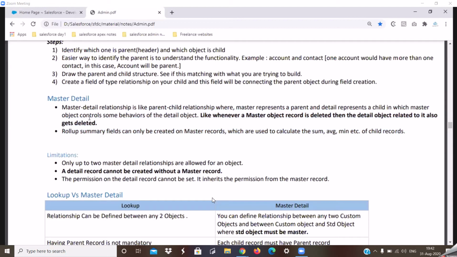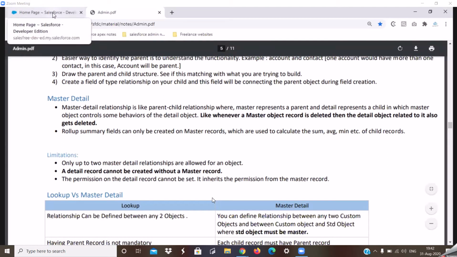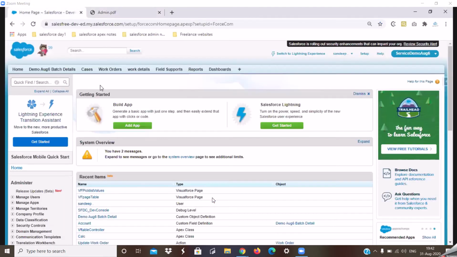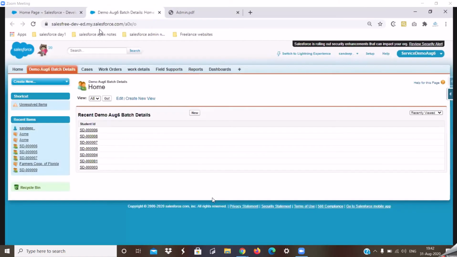Now we'll quickly go to Salesforce and see how to build a master detail relationship. I'll be redoing the same process of converting the field that we have into a master detail relationship. If I delete the child, it doesn't affect the parent, but the number of children connected to the parent would be reduced. So if you delete a parent, the children would be removed. If you delete a child, the number of children connected to your parent would be reduced by 1, if you are deleting one child.